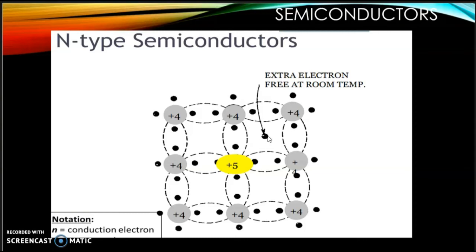Now let's look at a number of pentavalent impurities or pentavalent elements. We can have phosphorus, antimony, and arsenic. Now let's look at the other type of